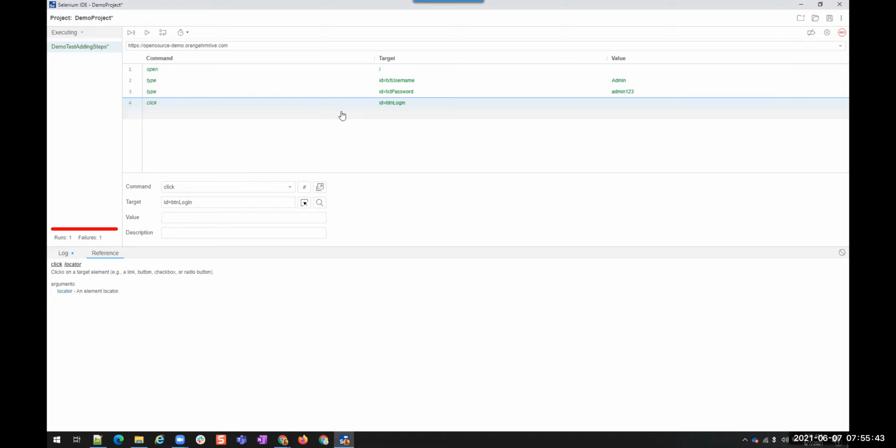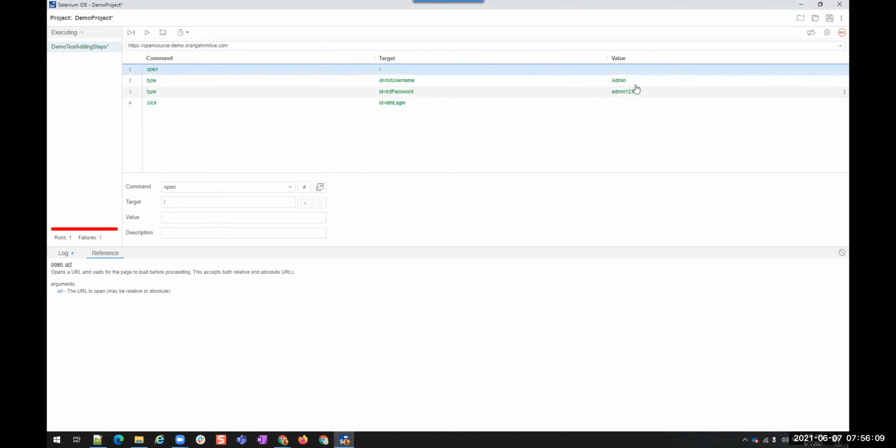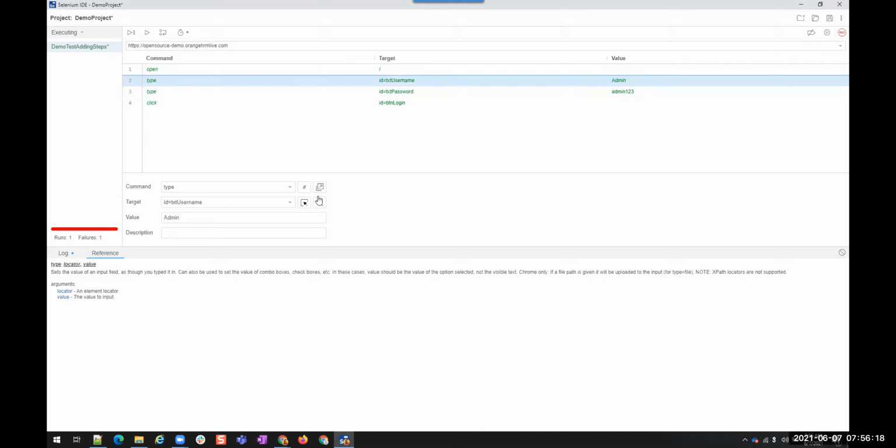The same individual step cannot be tested in WebDriver. So you are running that particular step because this browser is associated with this. So you are able to do it from that particular step. Now we have seen what is this command, what is this target, what is this value, and how we add these targets. To perform the operations, we have to add the targets. It should know on which element it should perform the action. So that is why we give this.